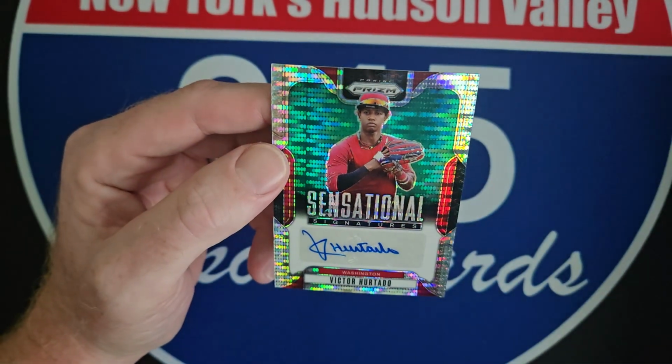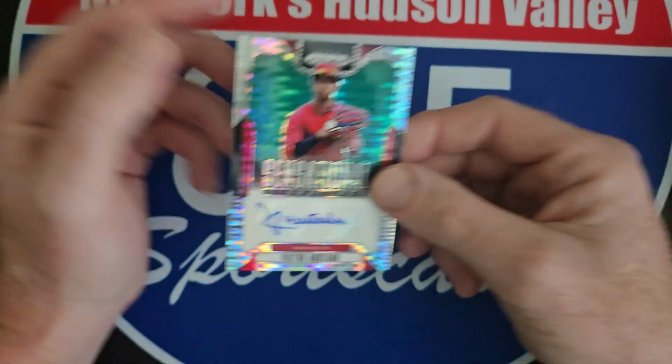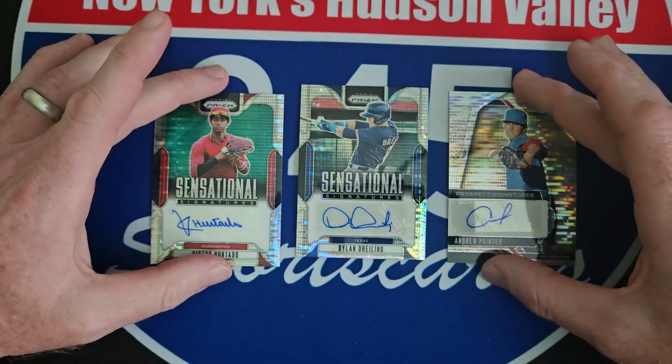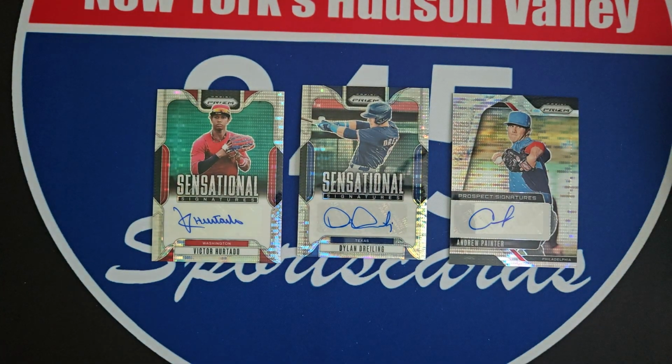Victor Hurtado. Sensational signatures. We hit 3 basement autographs. 3 guys here. Not the biggest names at all. May never be big leaguers in the league. But that was